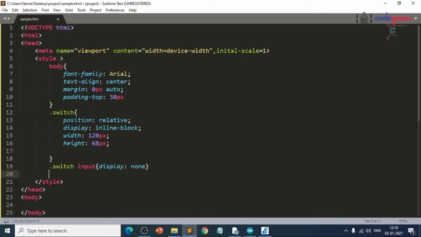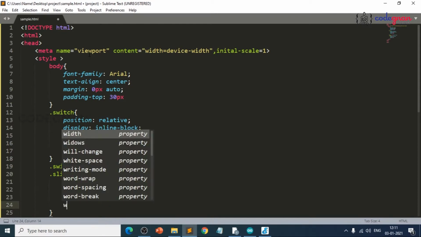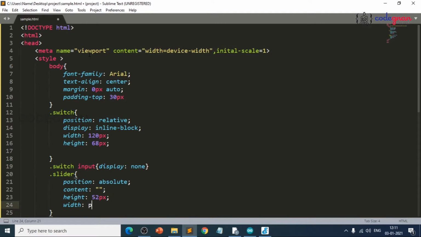And next thing we need to do for slider: position equals to absolute, and content, and height equals to 52 pixels, width equals to 52 pixels, and then left equals to 8 pixels.